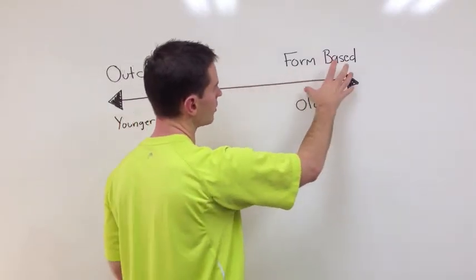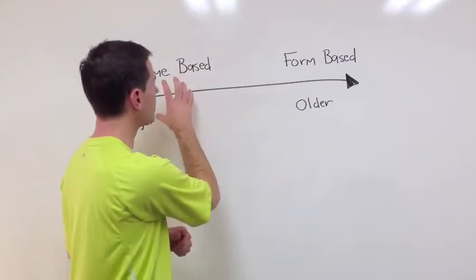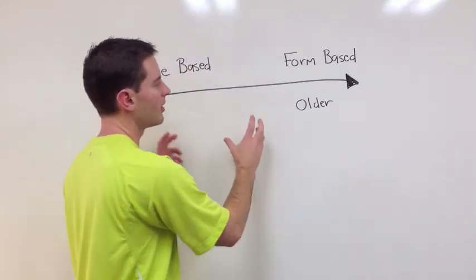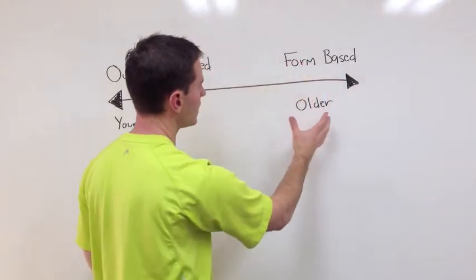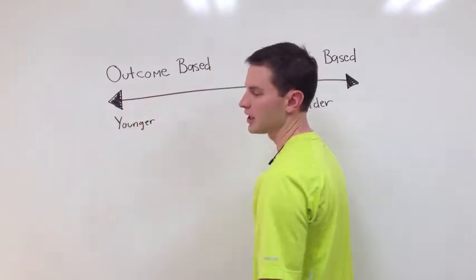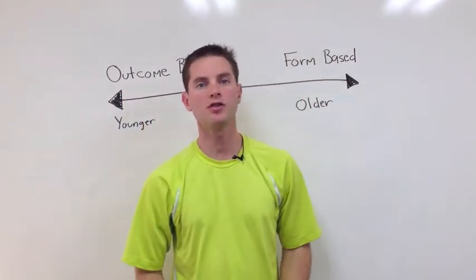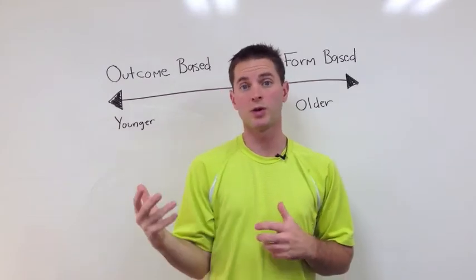And then as they progress older and older, you get more specifically into form-based coaching, although you never really lose the outcome-based coaching. It just becomes used less up here, and we use more form-based, and as we go down here, there's more outcome-based coaching, much less form-based coaching. So I hope that gives you at least a brief overview or an idea of the difference between outcome and